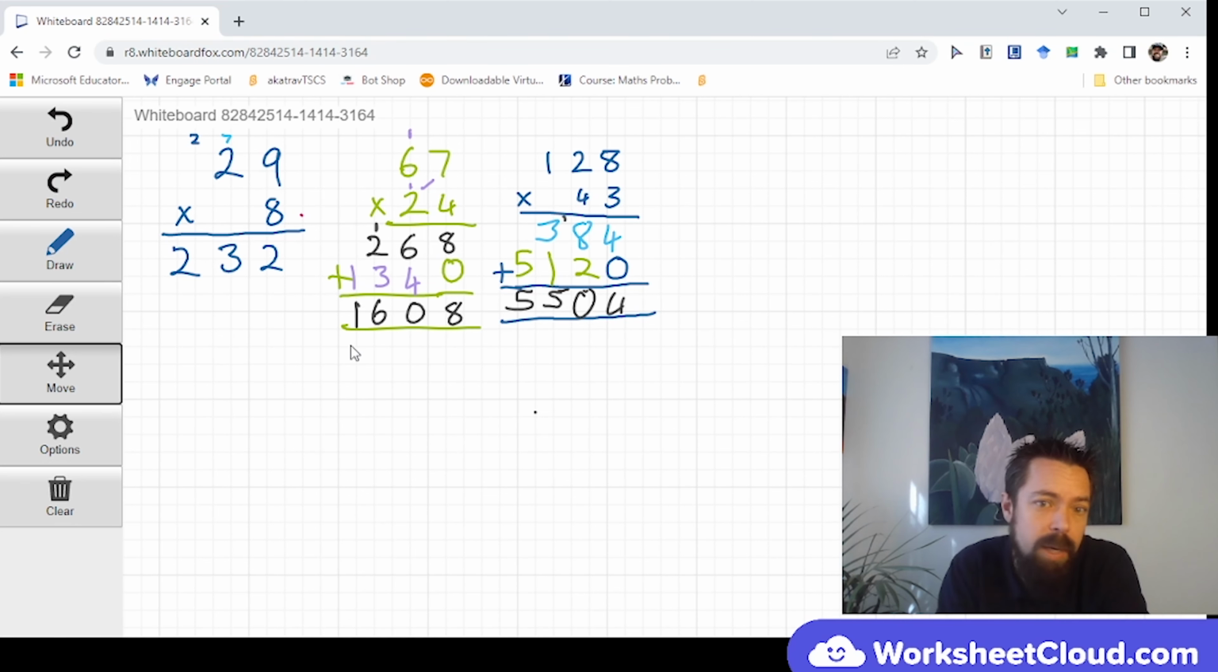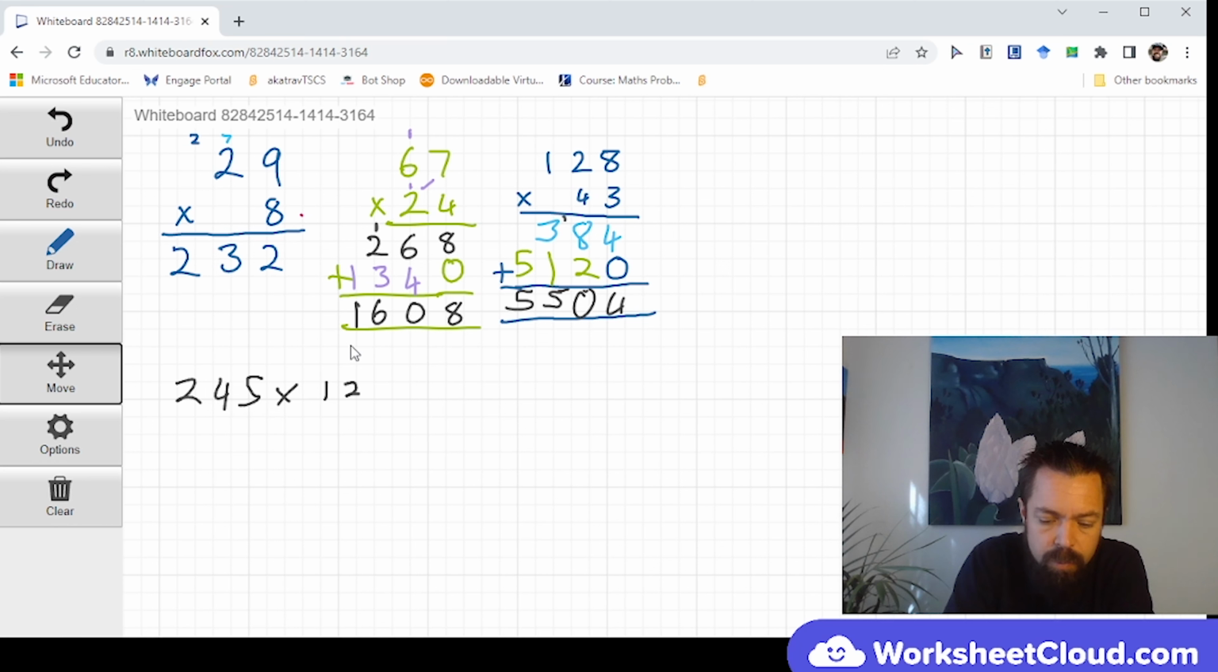So I will demonstrate one and then leave it. Don't let it confuse you if you're worried about it. But it is nice to know that you can do it with bigger numbers as well. So let's have 245 times by 124. All right, I would lay that out